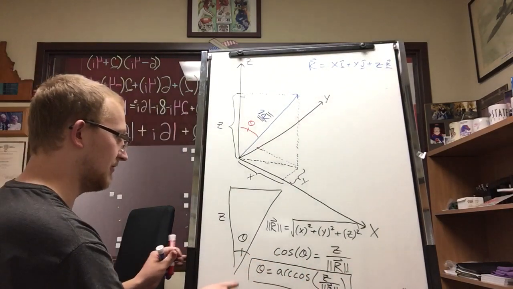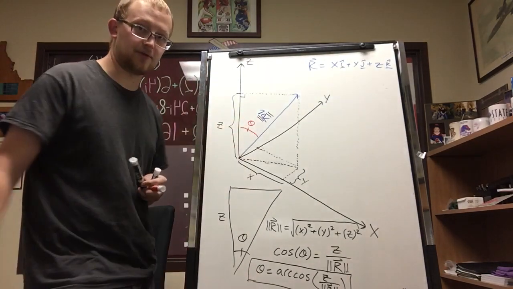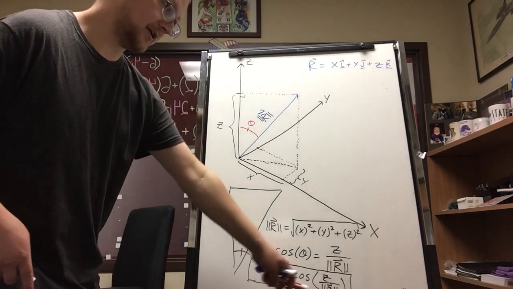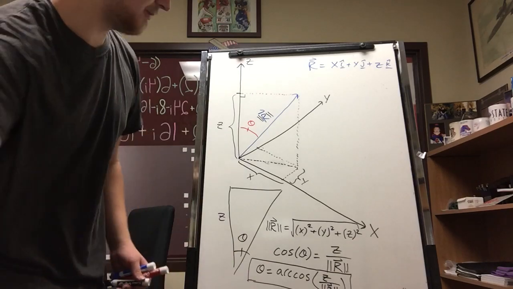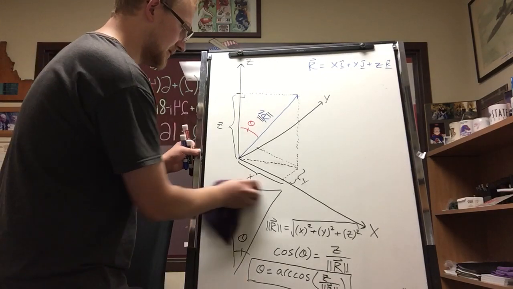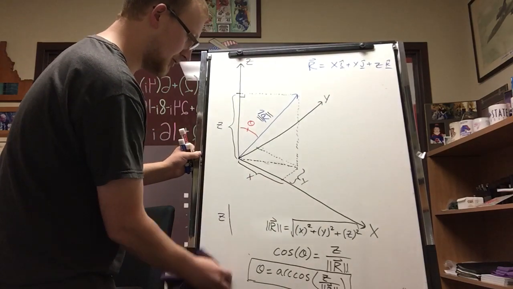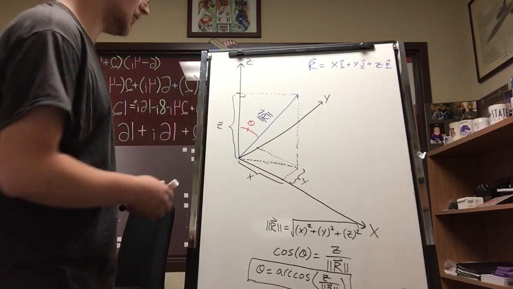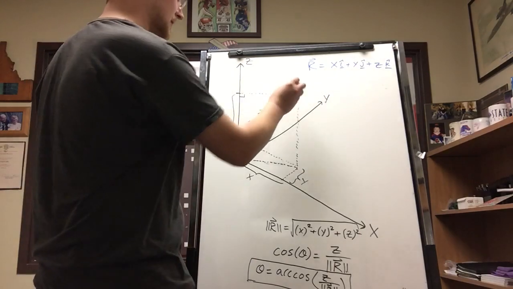And the easiest one to find, which is that theta, the angle from r to the z-axis, is going to be equal to the arc cosine of z over the magnitude of r. Now we're going to end up with very similar results for the other directions, but let's prove this geometrically in our 3 dimensions. So I want you to imagine that I draw a line from the tip